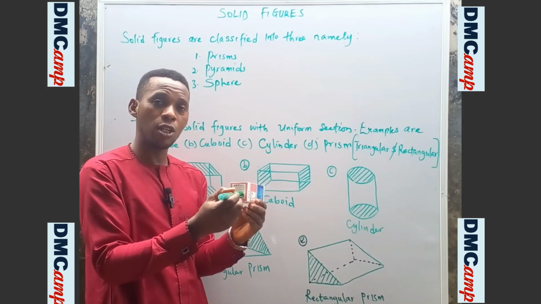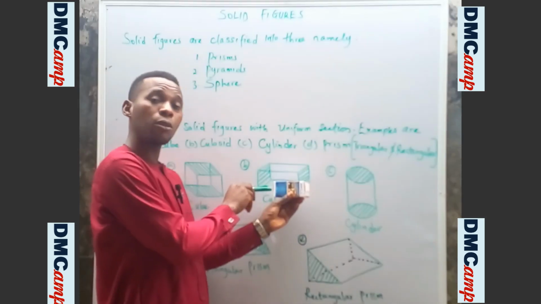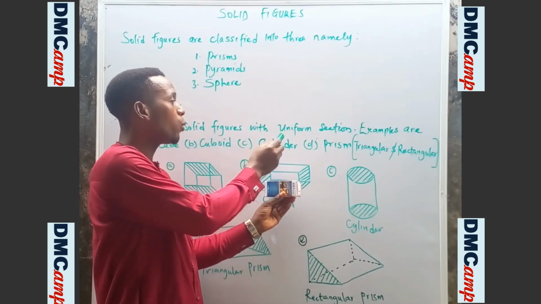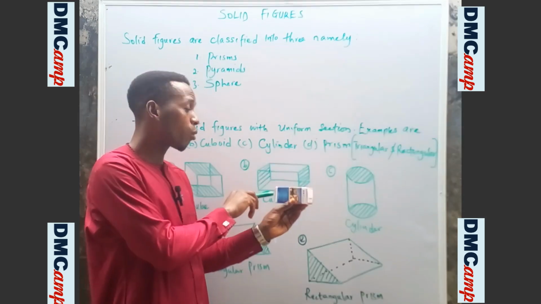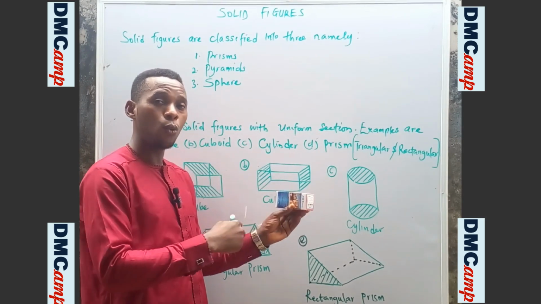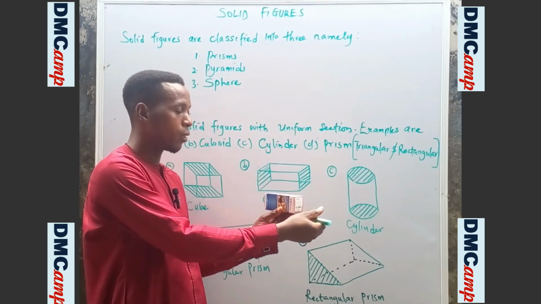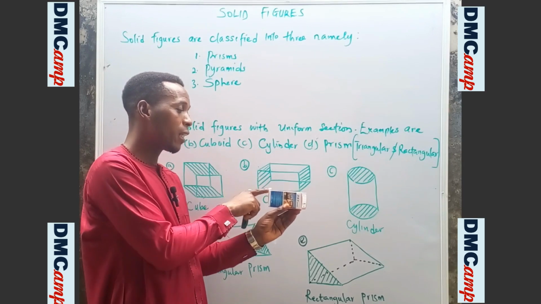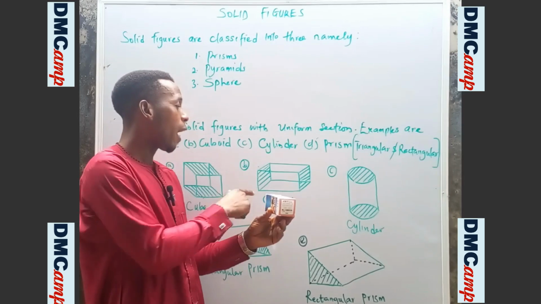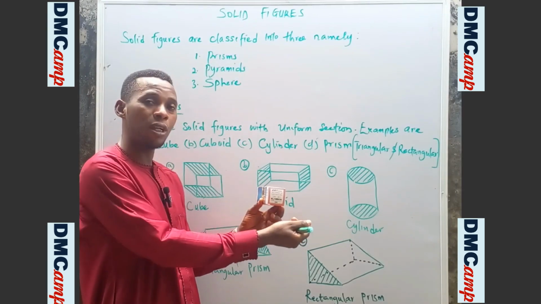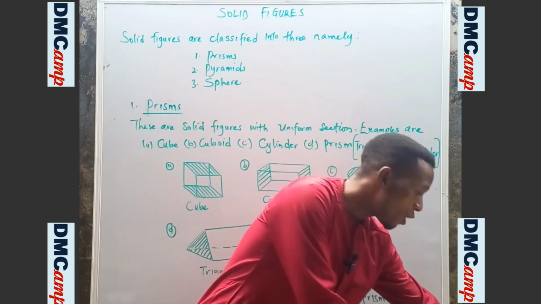Here is the cross section. Now, this is another cross section. Now, uniform cross section simply means that the cross sections are equal. That is, here is equal to here. The length of this side is equal to the length of this side. The height is equal, while the breadth is also equal. Another example of this